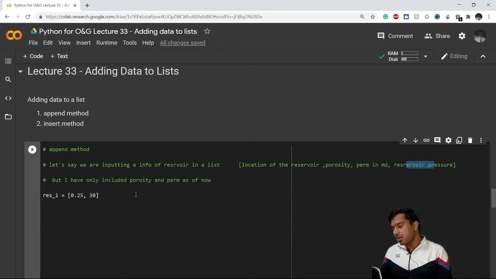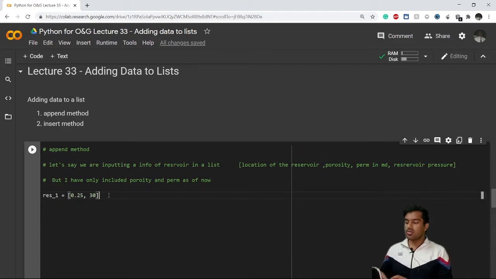I have created a list here, my reservoir's name is res1, and I have included the porosity and permeability. Let's say I forgot to add the location of the reservoir and the reservoir pressure. I have just included porosity, that is 0.25, and permeability, that is 30 millidarcies.